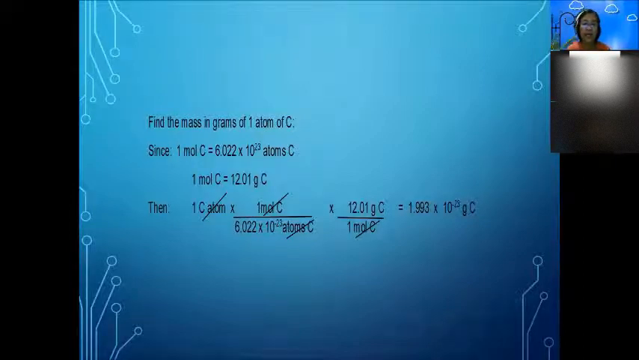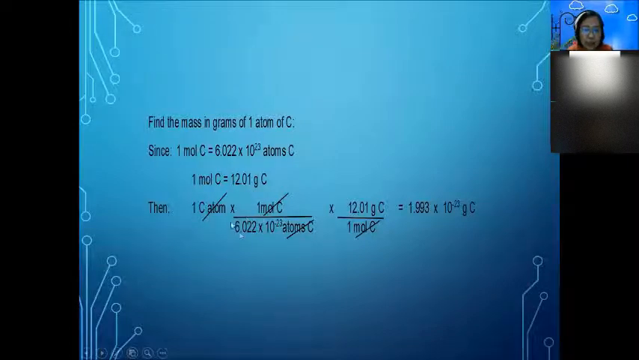Di ba? Kanina, doon sa example natin, what is the mass in grams of one atom of aluminum ba yun? Aluminum yung nakita natin. And we have this relationship. Di ba? And 1 mole contains this number of atoms. 1 mole is equivalent to this mass in grams. Then, therefore,